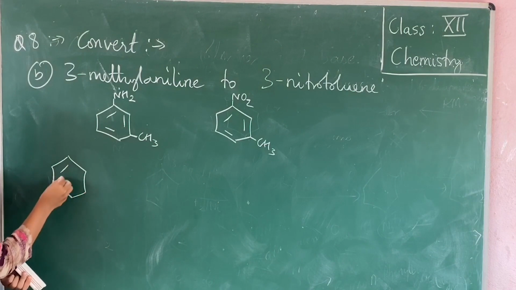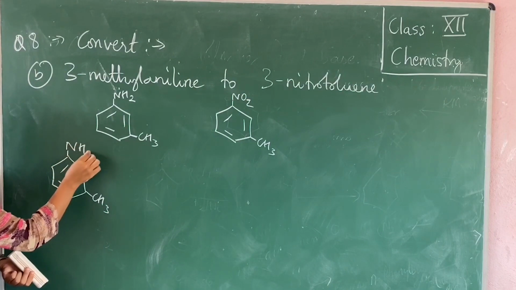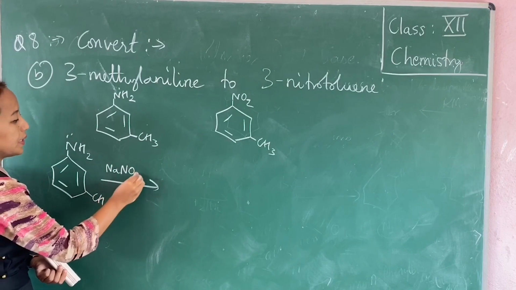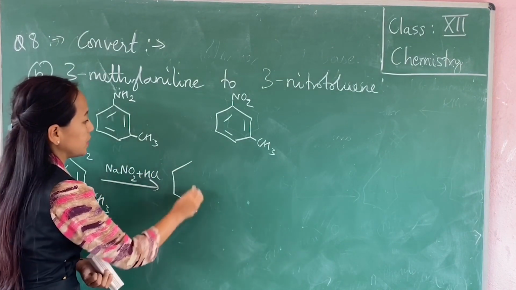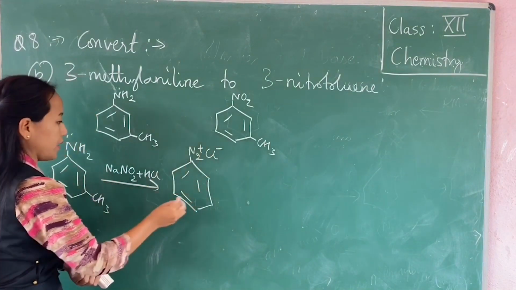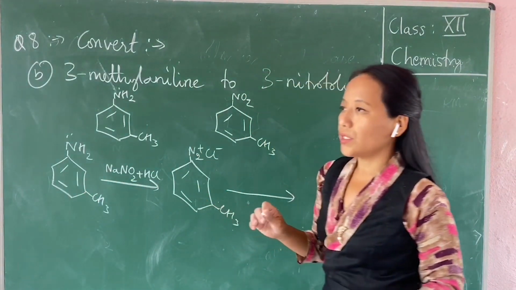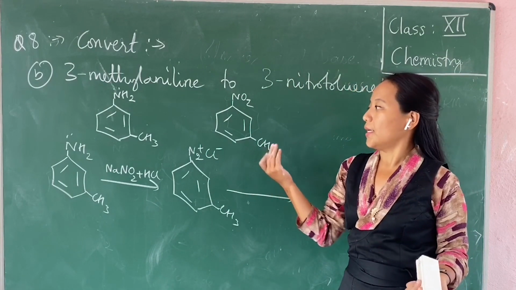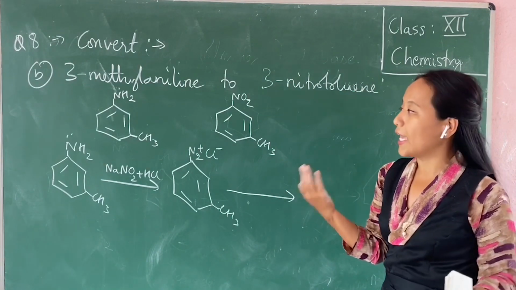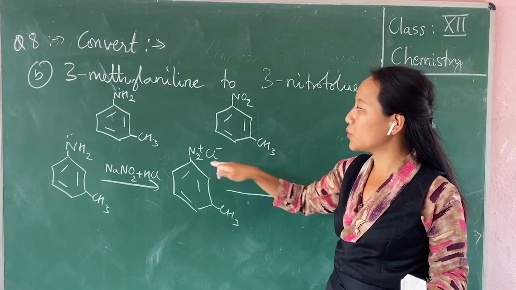So when I treat this compound, that is 3-methyl-aniline, with the diazotization reagent, that is sodium nitrite plus HCl, you will get a diazonium salt, N2+ Cl-, and then your CH3. Now once you get the diazonium salt, you start a chemical reaction which involves replacement of N2 by NO2. So think about the reagent that we have to use when you want to introduce NO2